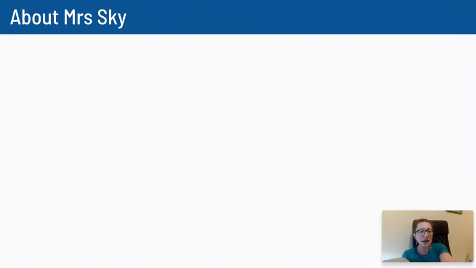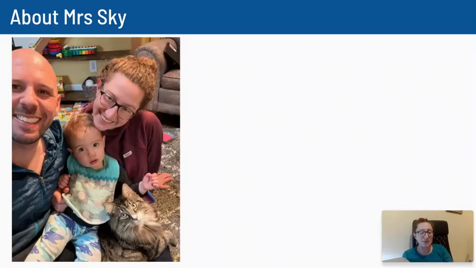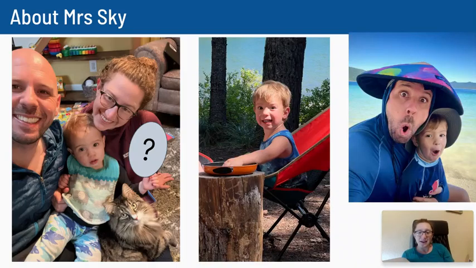A little bit about me. This is my family. That's my husband, Lee, my son, Zeke, and our cat, Babadook. Bonus if you know where that name reference comes from. And we are expecting our second, so there's my placeholder for our second child as well. I know that this is bound to become outdated very quickly, but hopefully I won't need to remake this video next year. Here are 2024 pictures of Zeke over the summer. So he's a little bigger than he is in this picture as well.